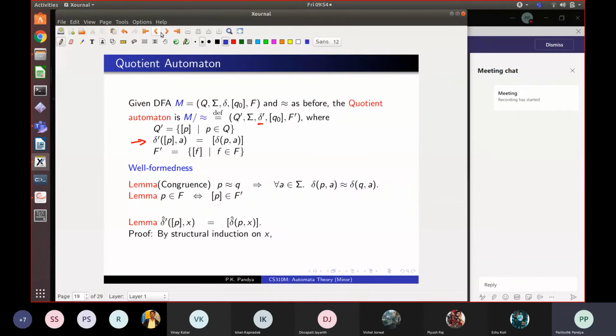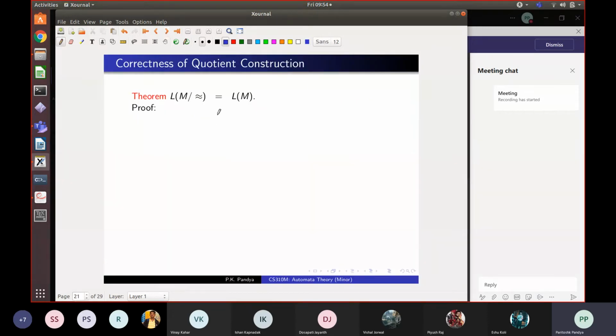And once we have these equivalence classes between states worked out in the original automaton, we can produce this collapsed automaton, M quotiented by the equivalence. Now what we finally want to prove is that this quotiented automaton recognizes the same language as the original automaton. And I'm going to do this proof. Okay, so again, the proof is fairly simple.